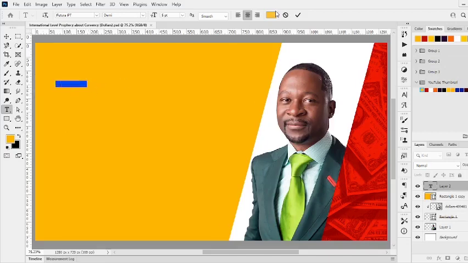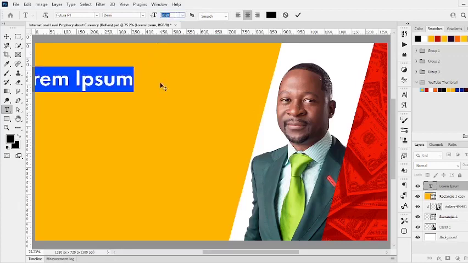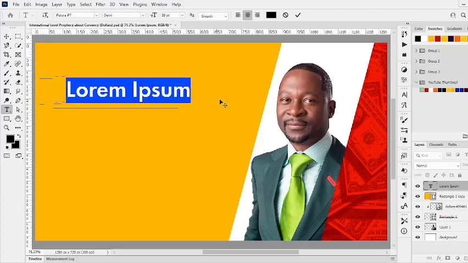Now you can change the color. I think black should go best with this kind of background. Yes. So now I'm going to select it, increase the size. You can increase the size here. Yes, as you can see. Then here I'm going to put, with my caps lock on,